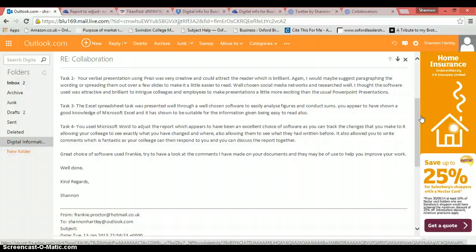It was a little bit hard to get used to at first, but afterwards I think it's really interesting, and with colleagues I think it's much more eye-catching and they'll enjoy it a lot more than a PowerPoint presentation. It's also a lot more fun to make. The Excel spreadsheet was brilliant. It's good to easily analyse figures, and it's all neat and compact and organised. And again, Microsoft Word, I just wrote what I thought of that.